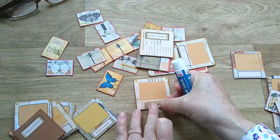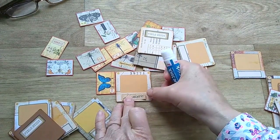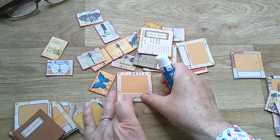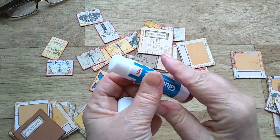My glue is really loosey-goosey because it's so warm. That was a Robin Williams quote, loosey-goosey,